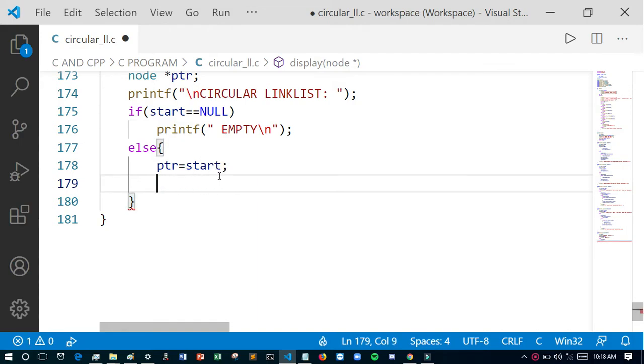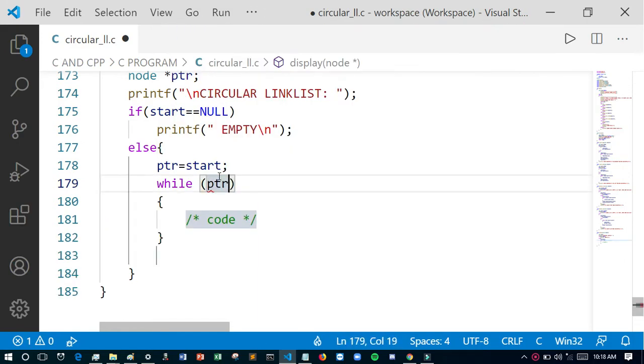Then we have to traverse while ptr next not equals start, because ptr next equals start when we reach the last node of the circular linked list.